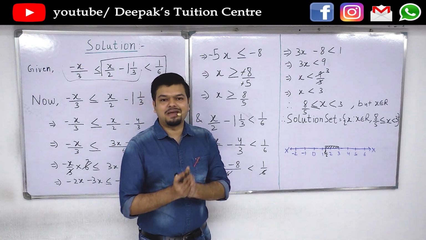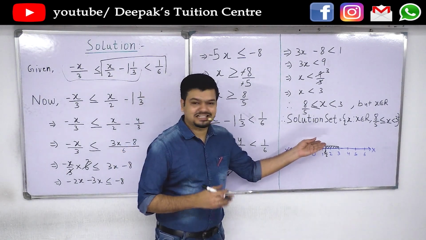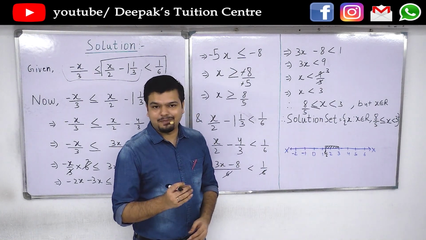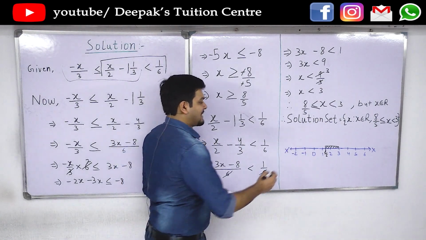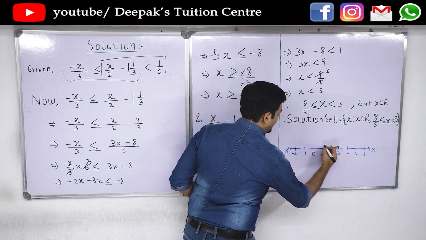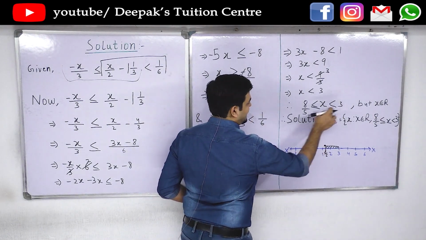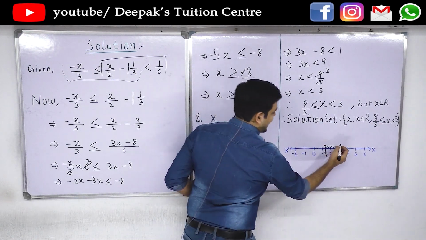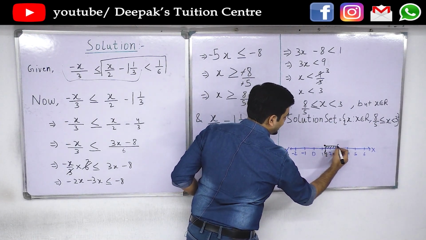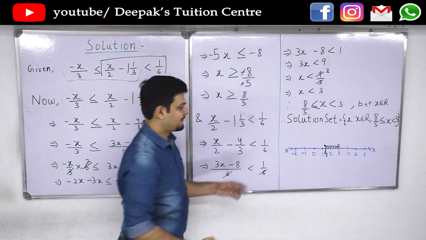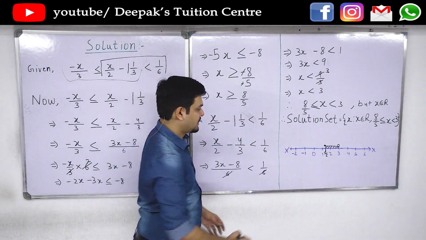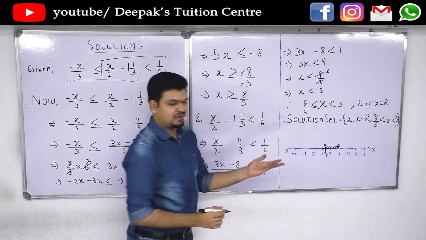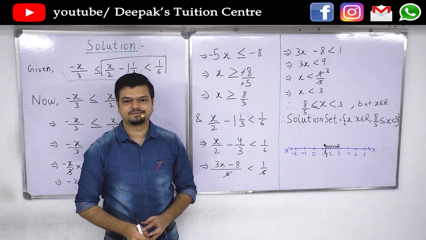We simply make dots. We simply create circles, that is hollow or bold circles, to represent any number that is included. We represent it using a dark circle, a bold circle. So since 8 by 5 is greater than equal to, we use a bold circle for this, and since 3 is not equal to, we use a hollow circle. If you miss out on the bold and the hollow circle, the teacher is obviously going to cut marks for the number line and you will lose a few marks for it.